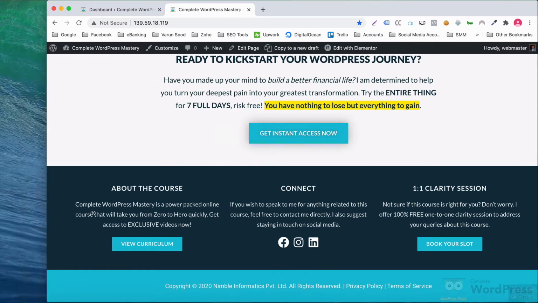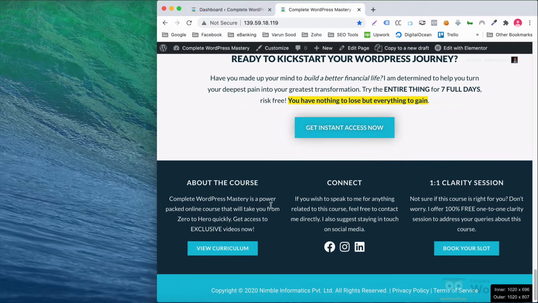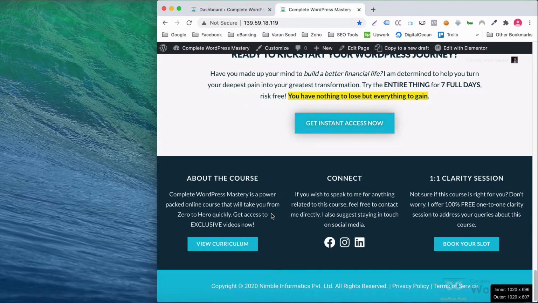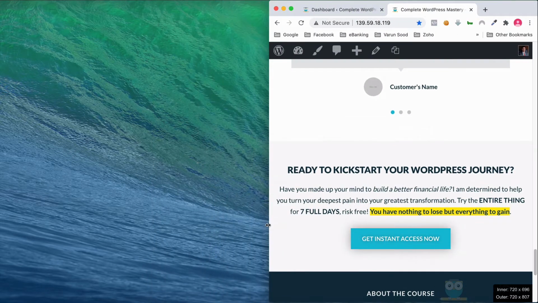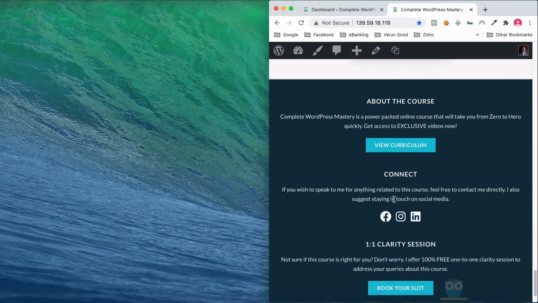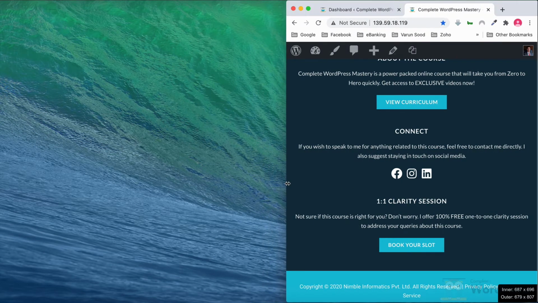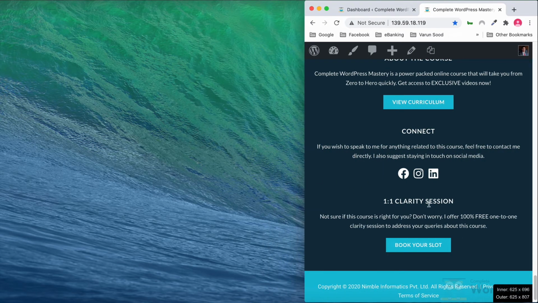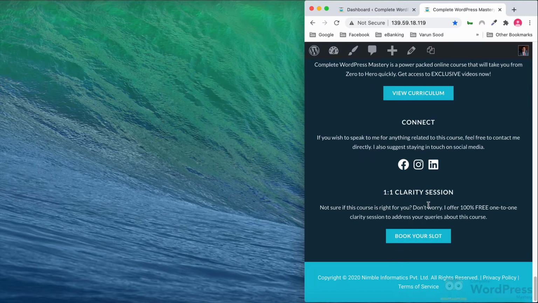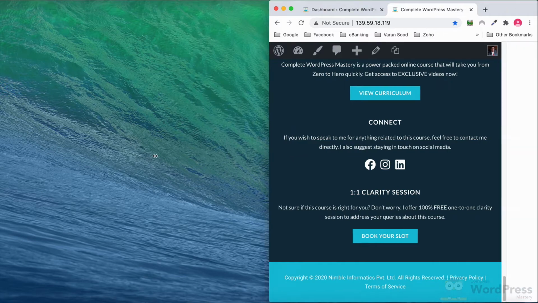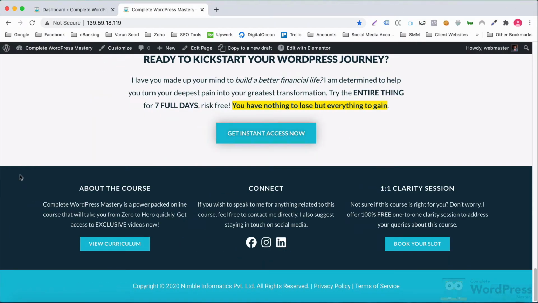If you resize the browser window, you'll see that the tablet view is similar to the desktop view. But if you reduce the width further, you'll notice that each column in the top section occupies 100% width. These buttons have an animation on mouse over. So let's start building this footer.